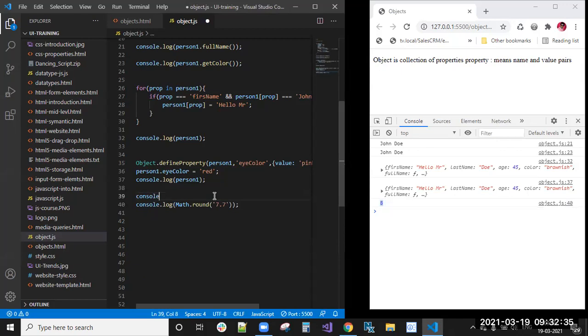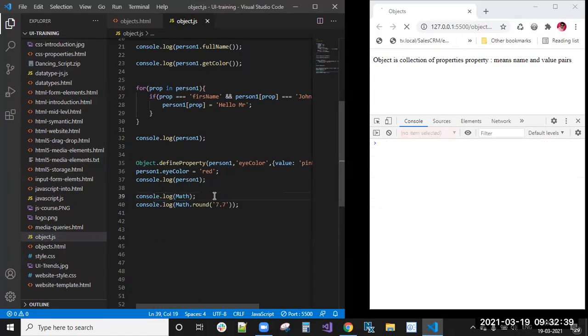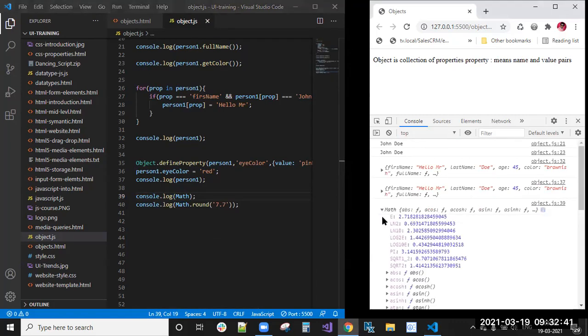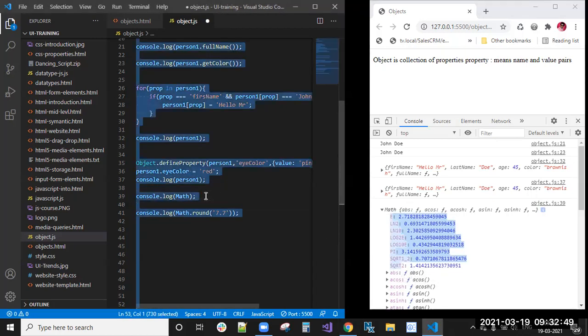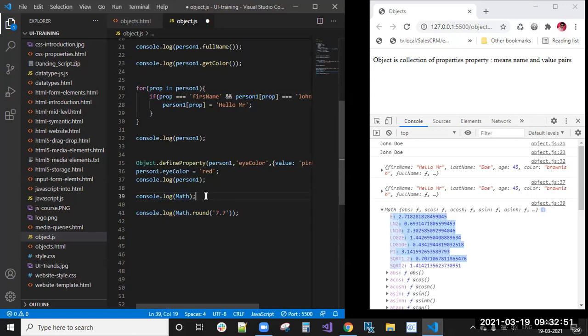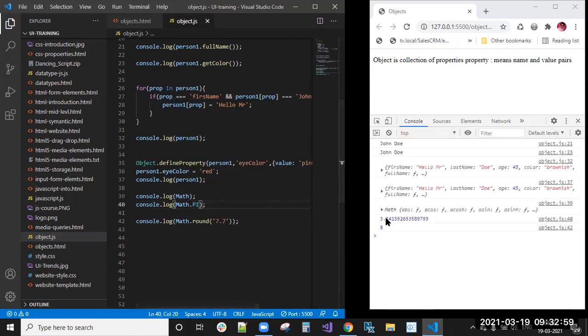You can do console.log of Math and see this Math object. It has square root, and similarly the pi value, which we have by default. Console.log Math.pi, the pi value is 3.141.